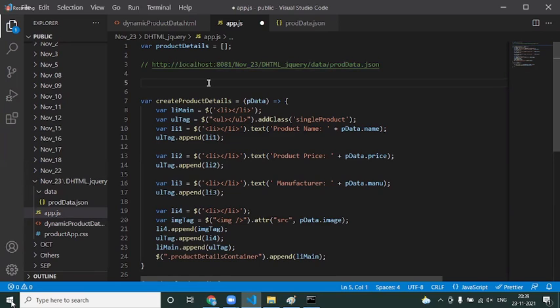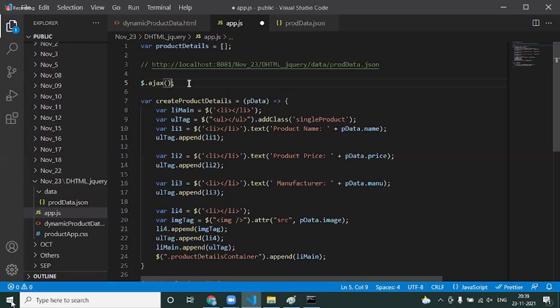What is that method? $.ajax is one of the predefined methods jQuery is providing. What is the responsibility of this $.ajax method? It is capable of taking a URL, hitting the URL, hitting a web service and receiving the data out of it.